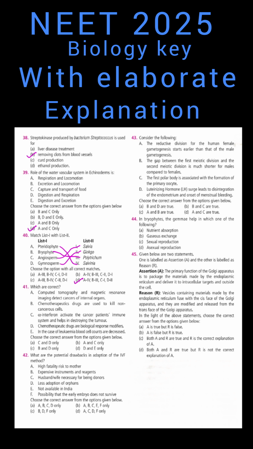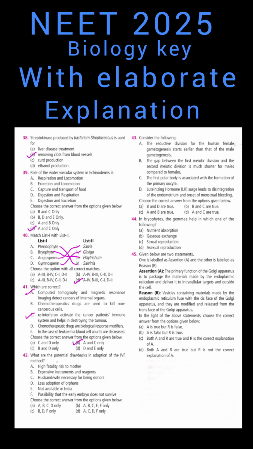Next, what are the correct options in all these given sentences? So that is B, A, and then C. These are the correct options, because here we can say that the chemotherapeutic drugs are called cytotoxic agents, so that will kill or inhibit the growth of the rapidly dividing cancer cells. In case of leukemia, the blood cell counts will be increased.